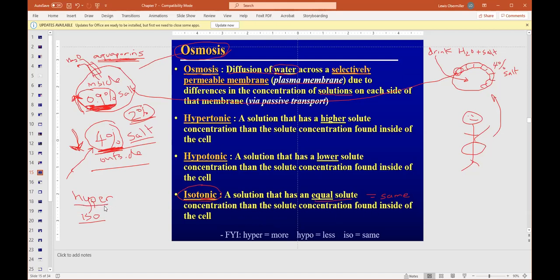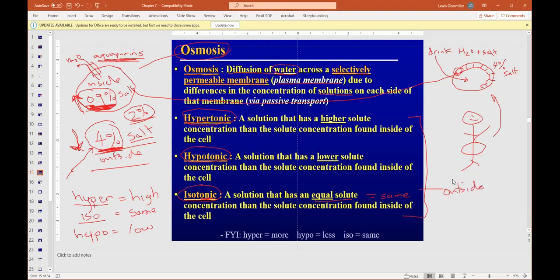So we have hyper. You guys know what that means? Like if you're hyperactive, you're highly active. If you're iso, that's the same. And then you could be hypo. And what would hypo mean? Like if you're hypoglycemic. Low. Yeah. So these words are used in osmosis to describe the concentration, unless you're told otherwise. Sometimes you're told otherwise, but unless you're told otherwise, this refers to the concentration on the outside